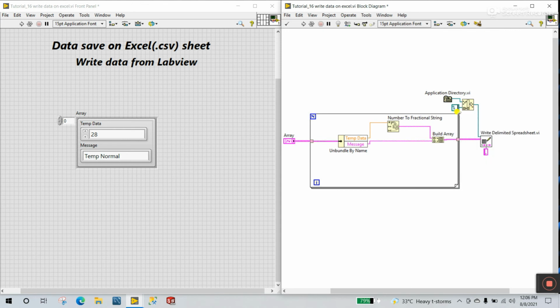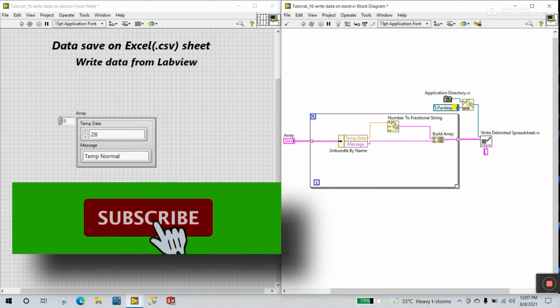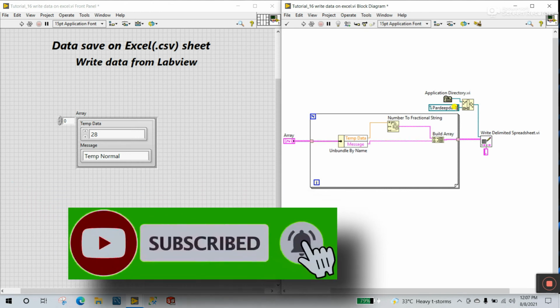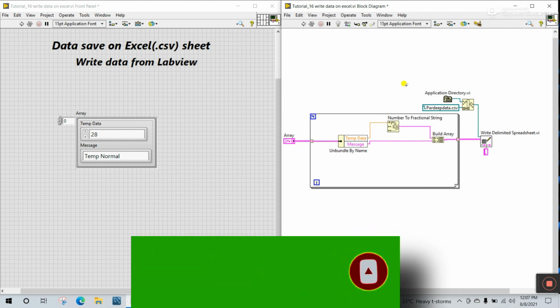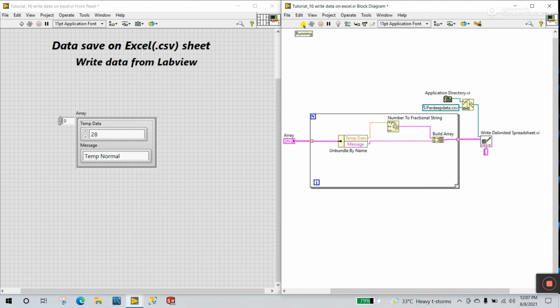You need to enter your file name here. Now I'm entering data.csv, not capital. Data.csv. Now done. First click run.